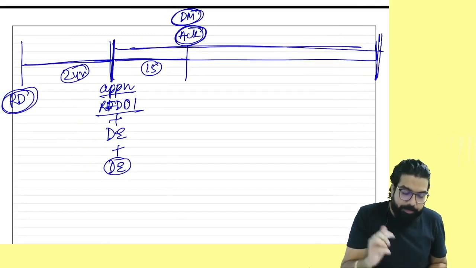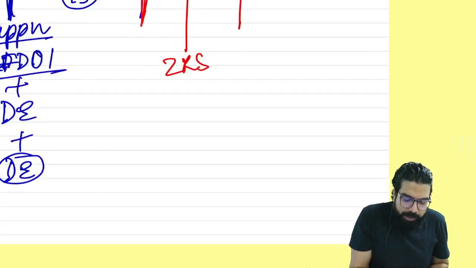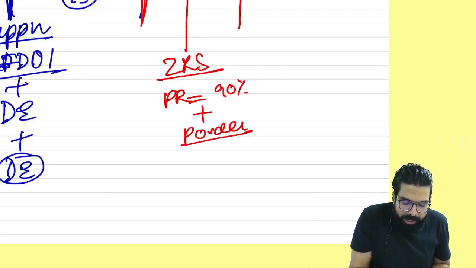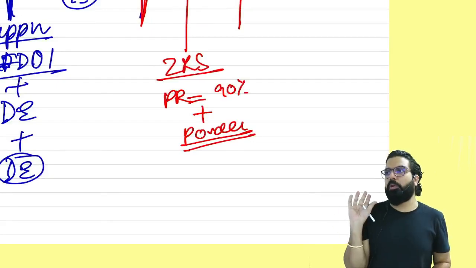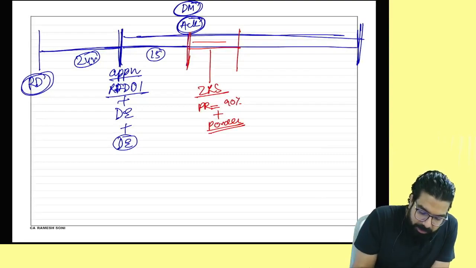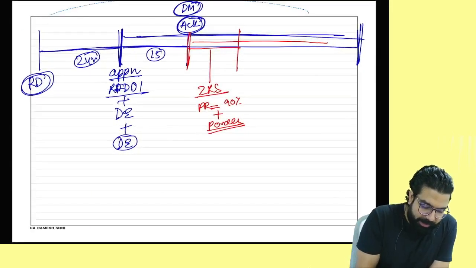Remember, from the date of application, your refund will be given to you within how many days? 60 days. But they will do one thing. From acknowledgement, within 7 days only, zero-rated suppliers go. They will give a provisional refund of 90%, plus a payment order will be issued, and the amount will be given in their bank account. Can I go ahead, everyone? But in normal cases, now they will start the checking, and within 60 days the money has to come